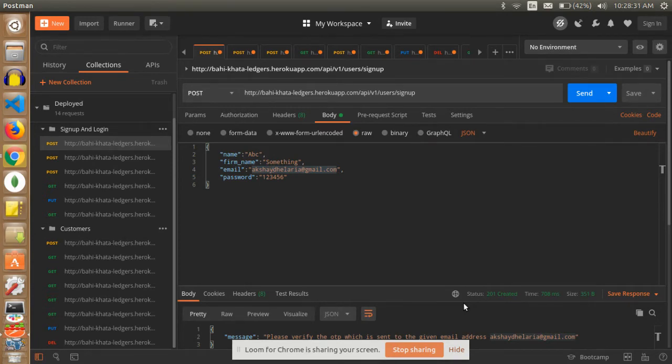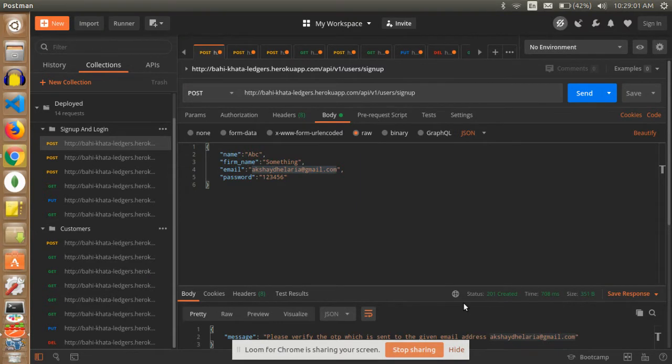Bahikhata is a business application. In a business, transactions take place on a day-to-day basis. We have developed this application so that it can track business transactions. Normally, the financial aspect is one of the most important aspects in business, so to track it we have built this application. It will keep track of customer transactions, and it will also give a clear picture for the businessman, like the growth of the business and the profit of the business, so that the businessman can make decisions for the business.